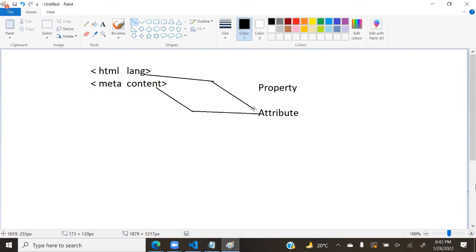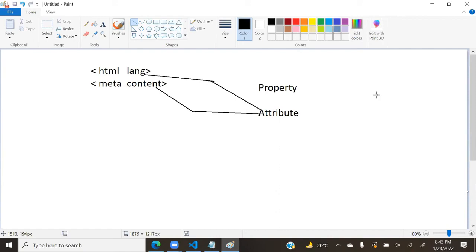HTML contains only attributes, it's not a property. That means never use the word property. Properties are used dynamically. That means in JavaScript, Angular, React, jQuery, if you are dealing with body and you want to control the body section, then you use properties.